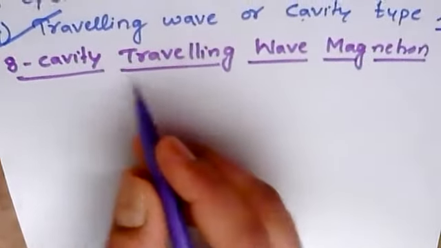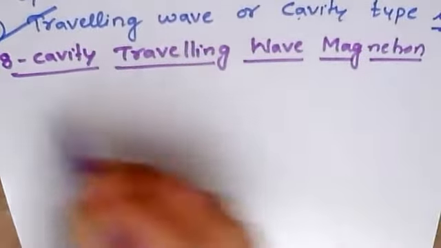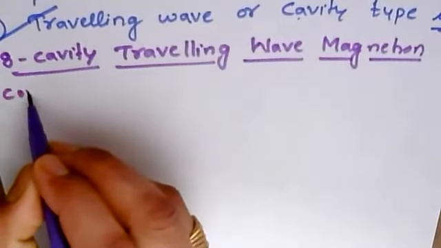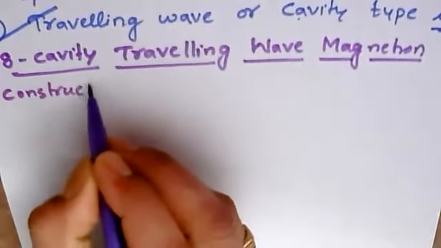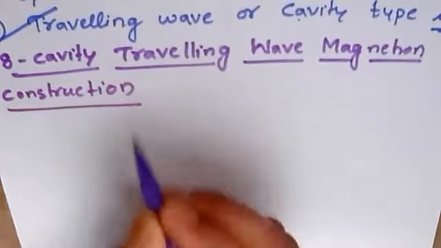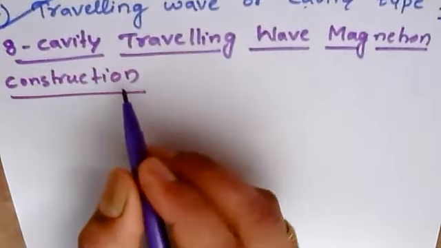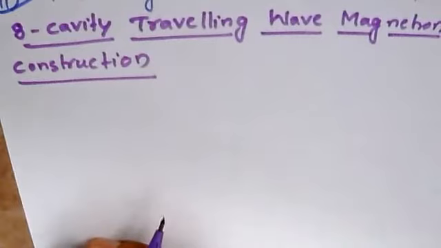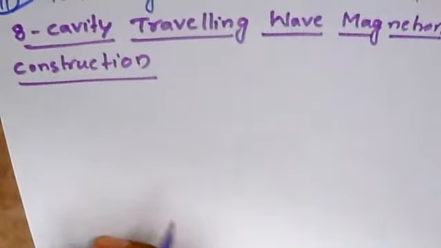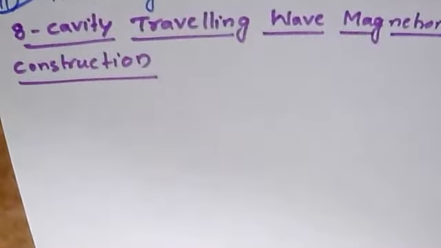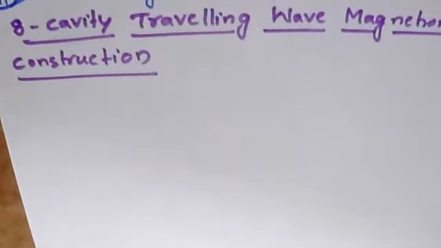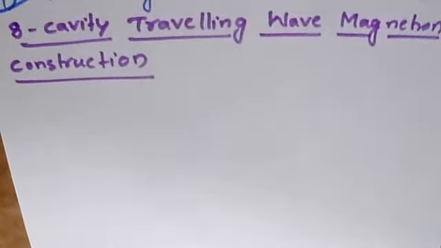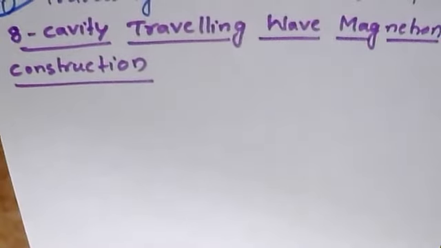Now, getting into the details regarding the construction, we'll see the construction first, how it is being constructed. And later on, we'll proceed our discussion to the working functionality. It is very easy, and please do concentrate and understand what is involved in it. Where is the cathode, where is the anode, how many cavities, and why it is named as cavity. Each and everything I'll be giving a clear explanation.